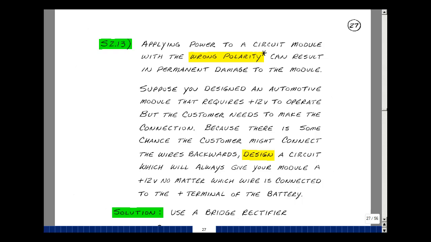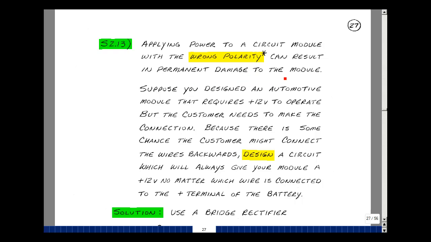This lesson deals with supplemental problem 2.13. You can find this problem in the ECE302 ebook in the Chapter 2 Supplemental Problems on page 27. This supplemental problem is based on an article in Popular Electronics, Volume 15, Number 6, entitled Polarity Protection for Mobile Equipment. Applying power to a circuit with the wrong polarity usually results in a total damage of